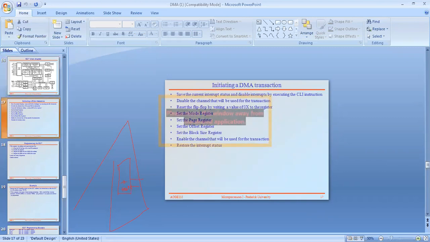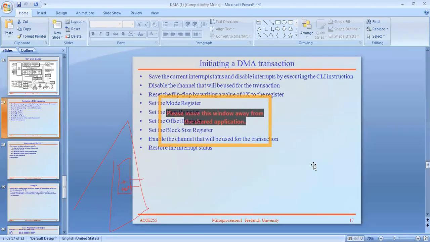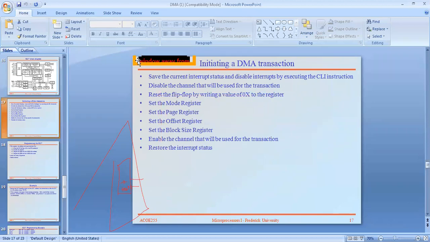See here, how to initialize the DMA transaction. You already know the interrupt process; the same process is repeated here.